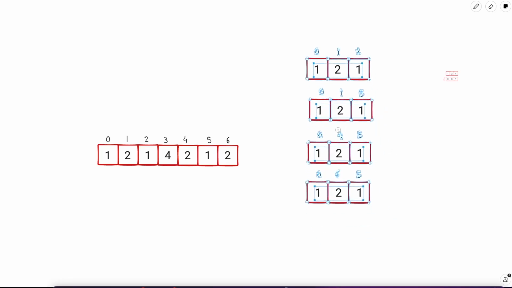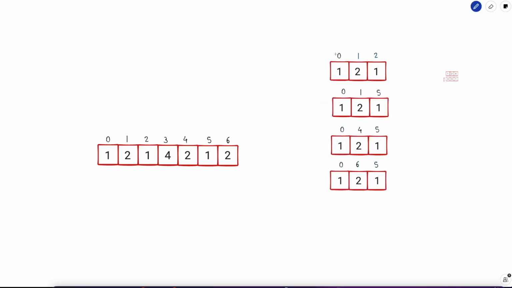The difference lies in the fact that previously all these 4 things were a different subset, but now all of these 4, and there can be many more as well, are exactly one subset and will be counted exactly once. So previously you were thinking that okay, 0, 1 and 2, this subset is formed by these 3 indexes. Now 0, 1 and 5 is a subset which is formed by these 3 indexes, 0, 4 and 5, and 0, 6